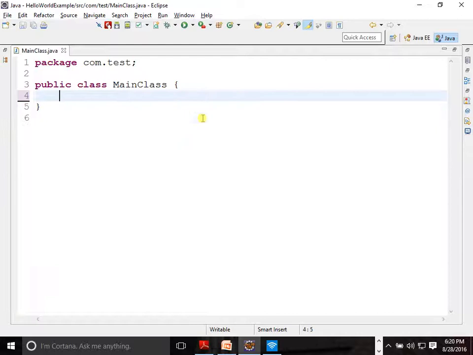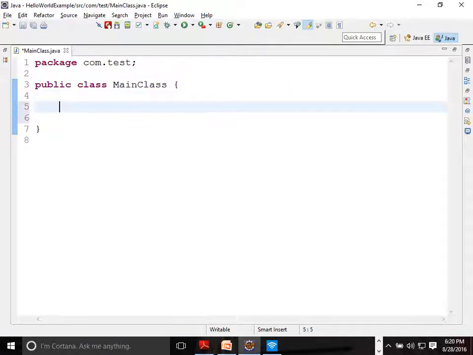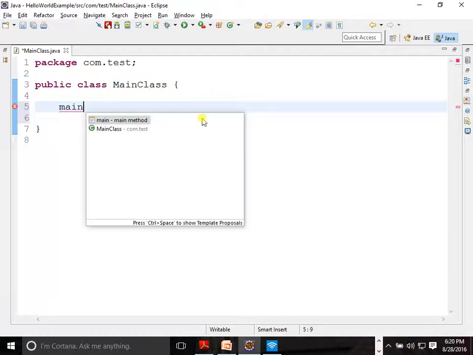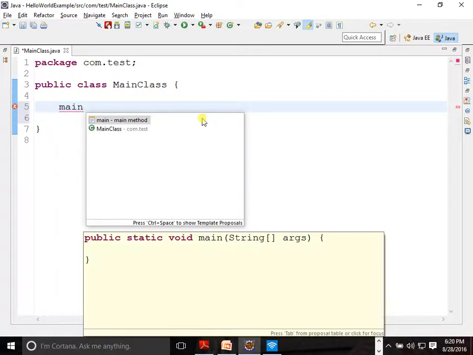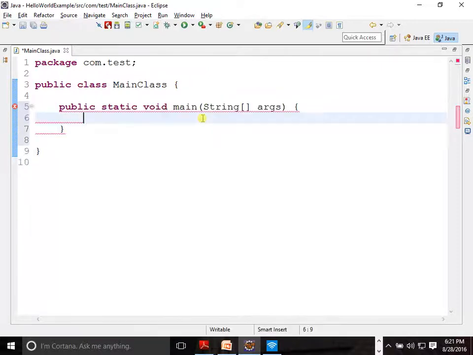Here, if you want to write your main method, it's very simple: just type main, then Control Space. What is the shortcut? Control Space. Control Space is one of the important shortcuts which we use. Within two or three steps I am able to get my main method. No need to write public static.